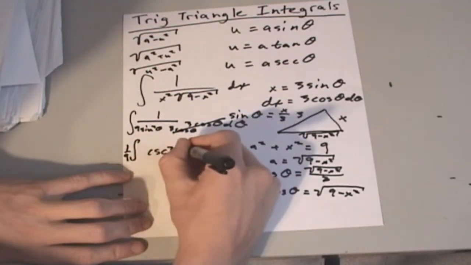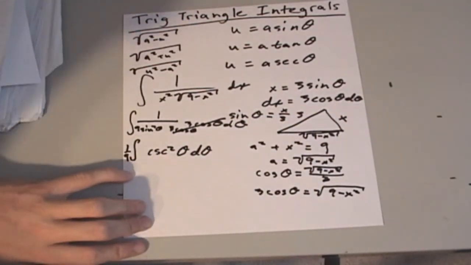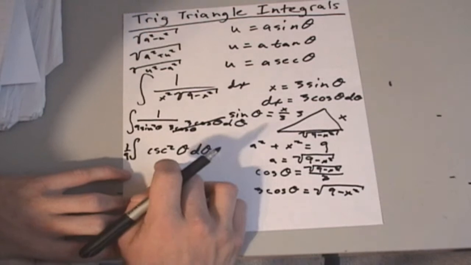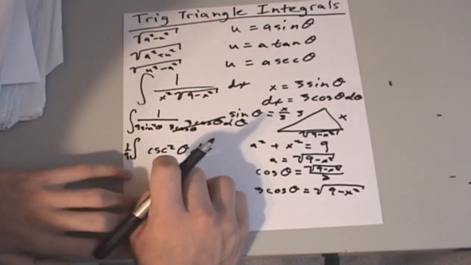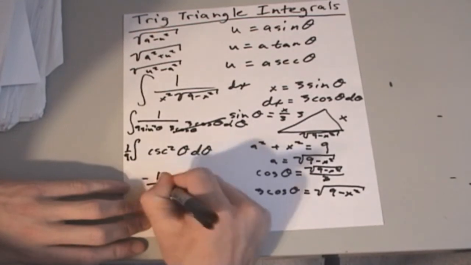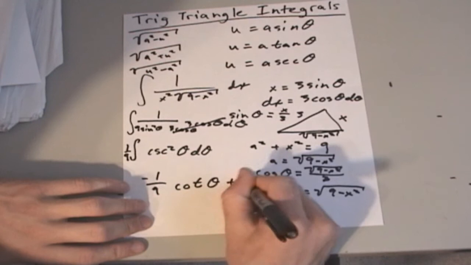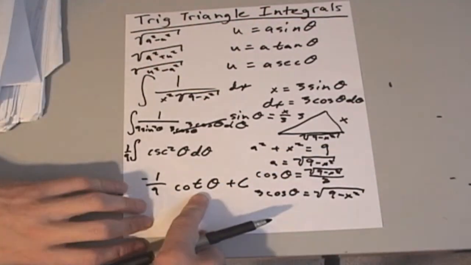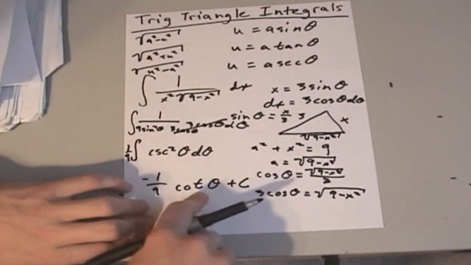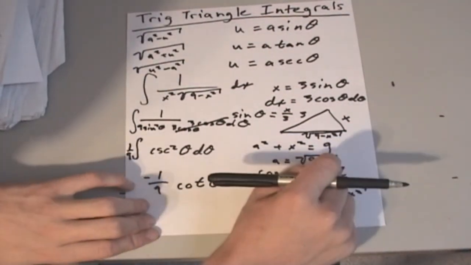Cosecant squared theta d theta. And now that integral can be evaluated. The integral of cosecant squared theta is negative cotangent theta. So negative 1/9 cotangent theta plus c. Now we can't leave it with thetas, but we do have some options to replace it with. So probably the easiest would be,